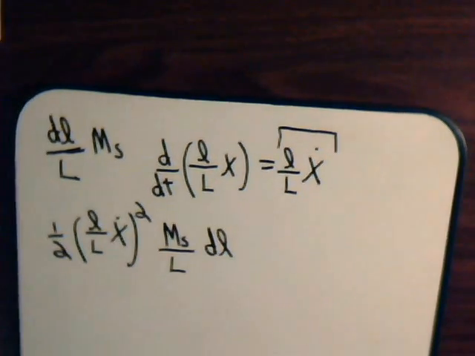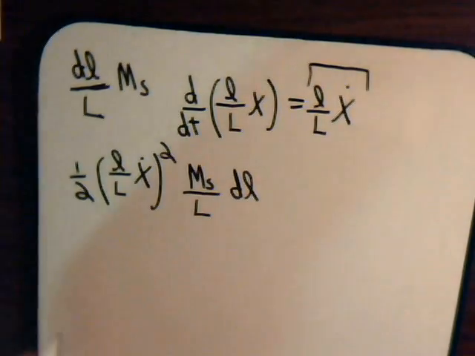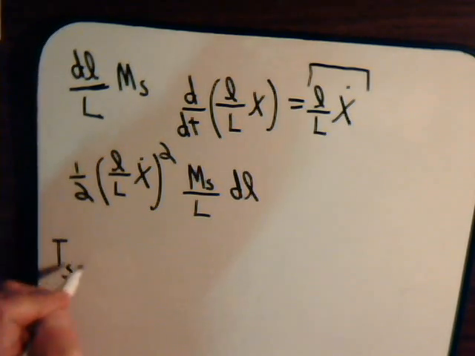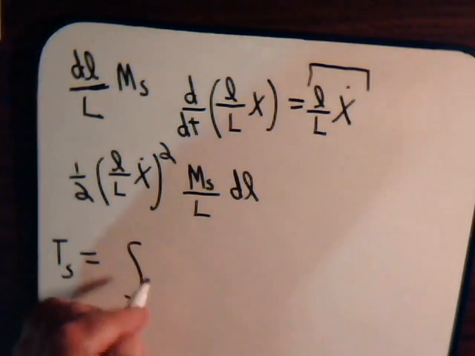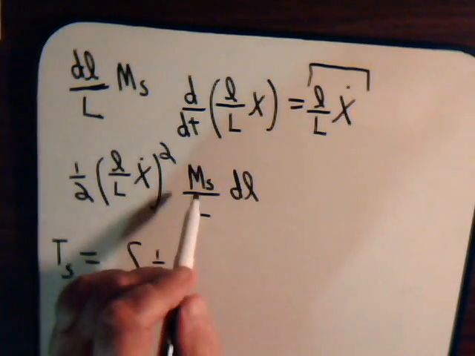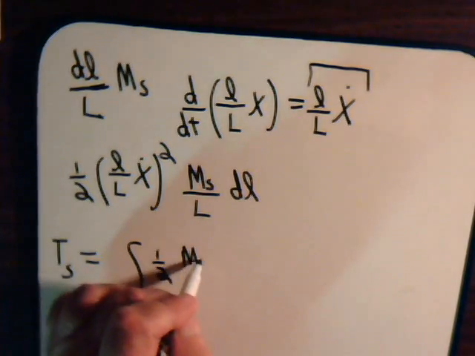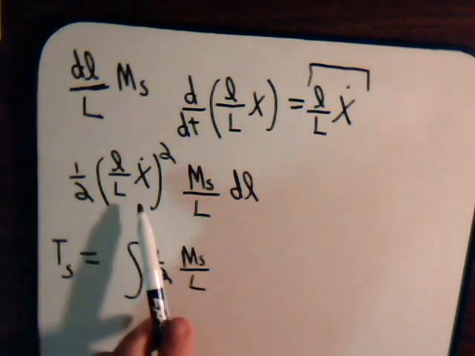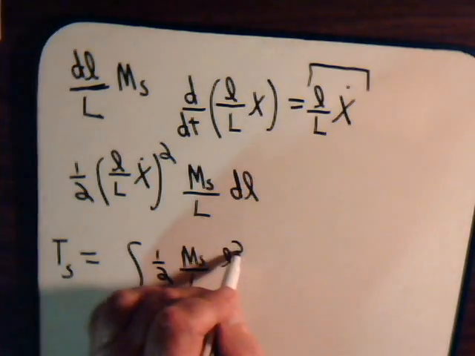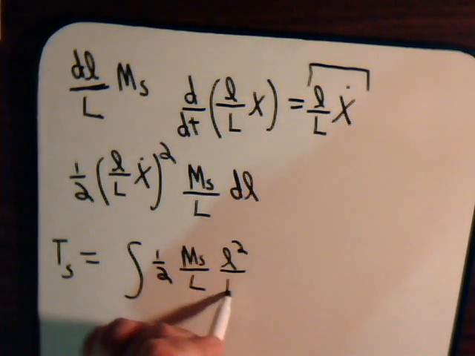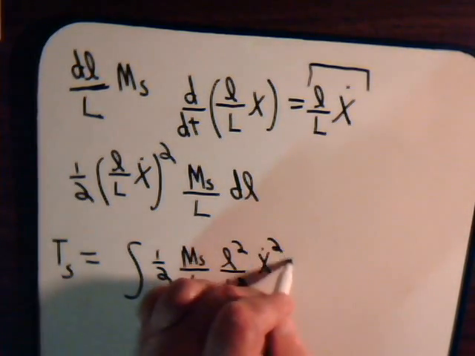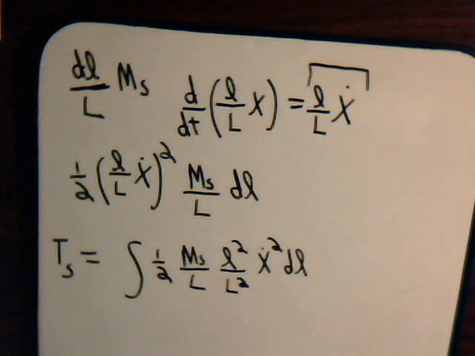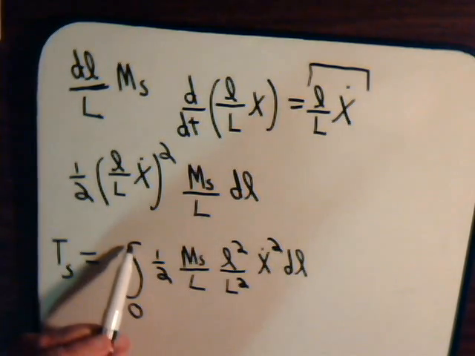So we would say that the kinetic energy of the spring will equal an integral of all of this stuff. 1/2 ms over L times this squared, so that's small l squared over large L squared, x dot squared, dl, and we want to consider this over the entire length of the spring, and that goes from 0 to